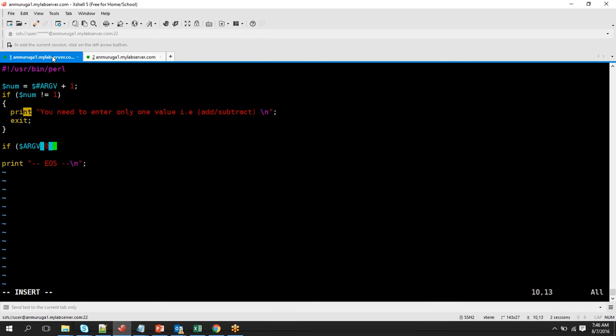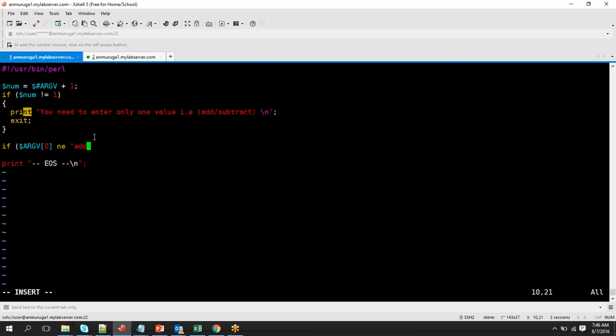So what will this do? This is the first index, which is going to store the value of whatever arguments you are passing, right? So if ARGV is not equal to